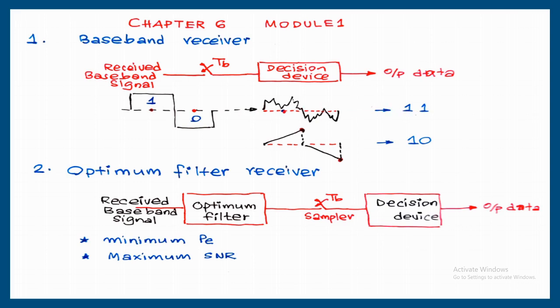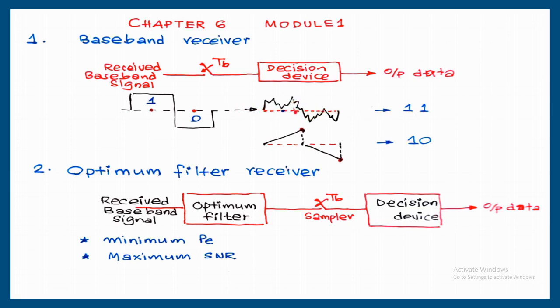Here the switch is closed at t equal to 0.5 TB, got a positive voltage, so decision is 1. Maybe next, again the switch is going to be closed after TB second. I just consider here the switch is closed. Unfortunately, at that particular time, you can see the amplitude is positive. So due to that positive voltage, output decision is again 1. So we are getting an error.